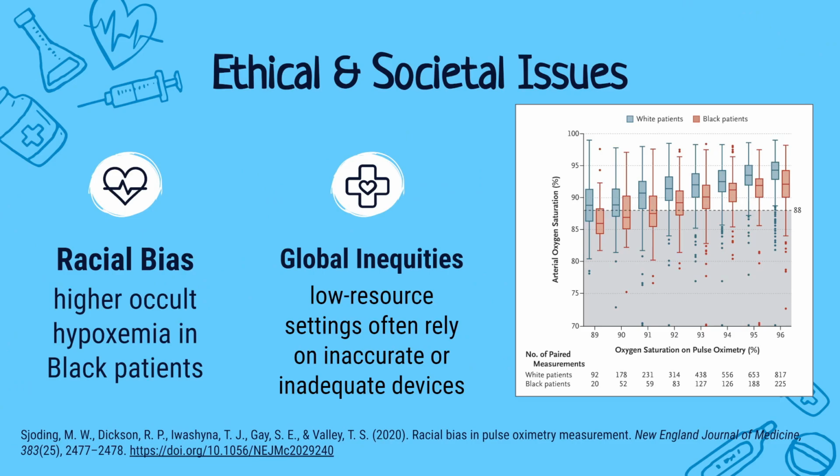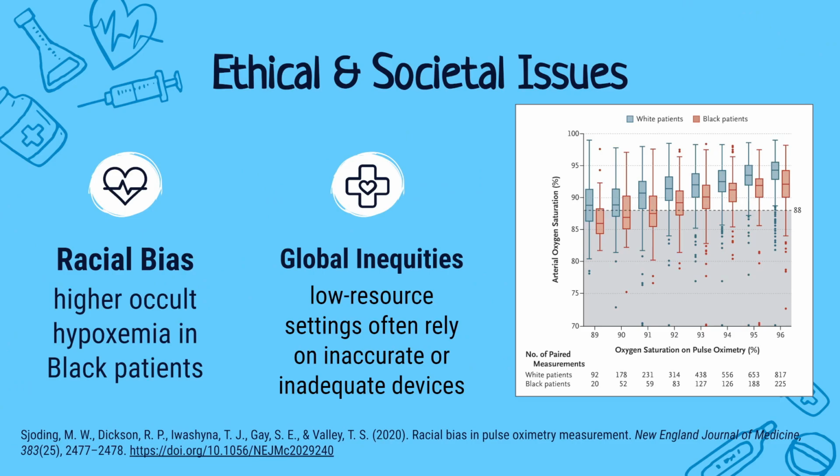Serious ethical concerns regarding the development and control of medical equipment have been brought up by the problem of racial bias in pulse oximetry measurements. According to a groundbreaking study in 2020, occult hypoxemia, or low arterial oxygen saturation that is not picked up by pulse oximetry, was 3 times more common in Black patients than in white patients. Inadequate calibration during device development could cause this, since it frequently uses data from people with lighter skin tones as